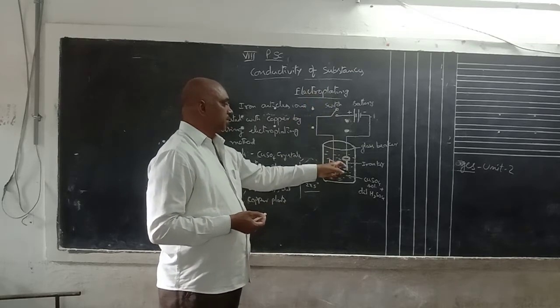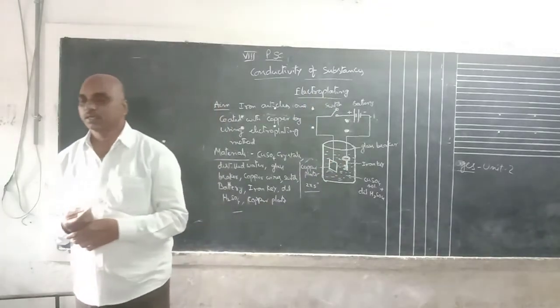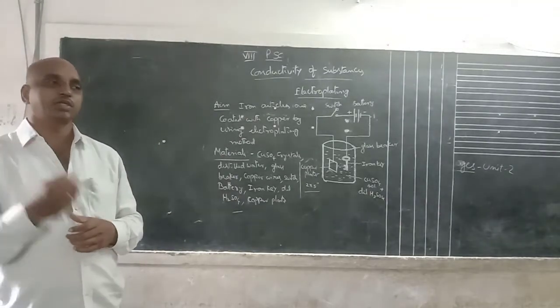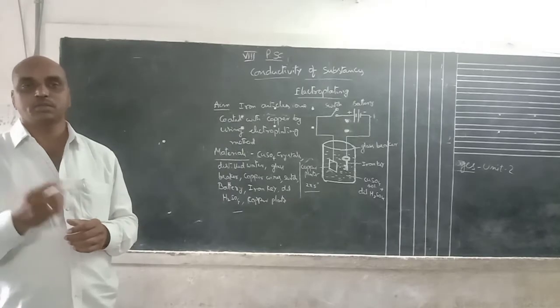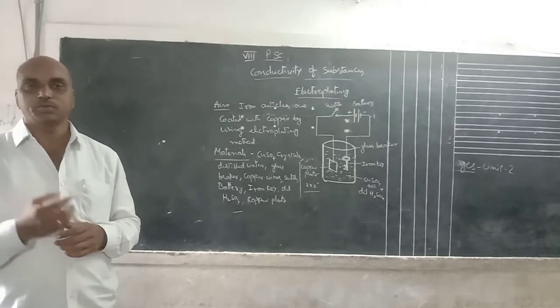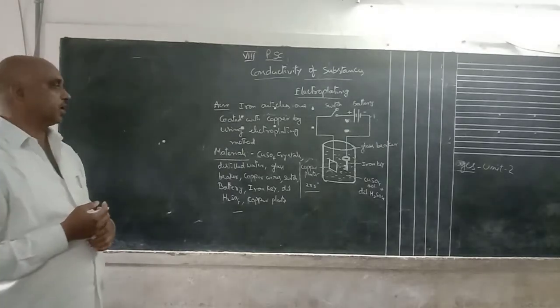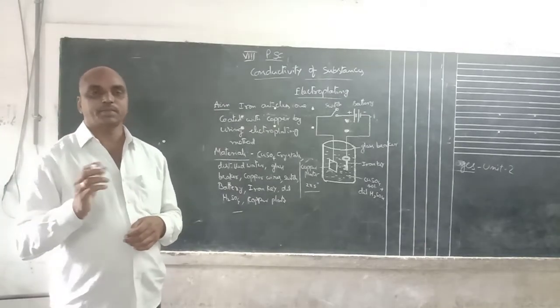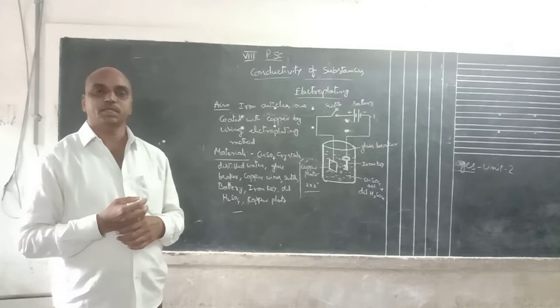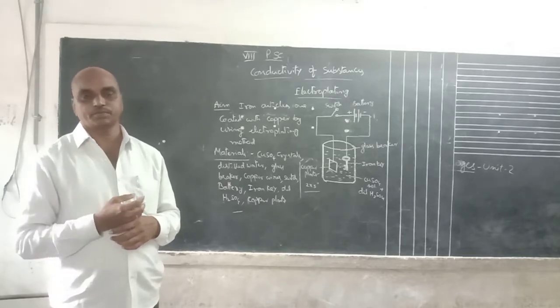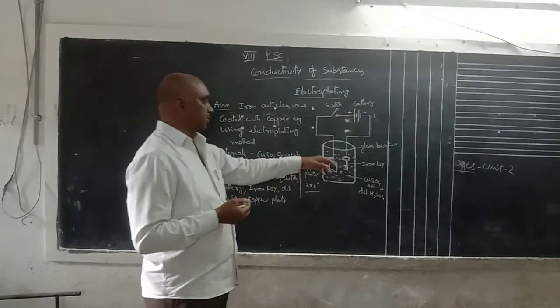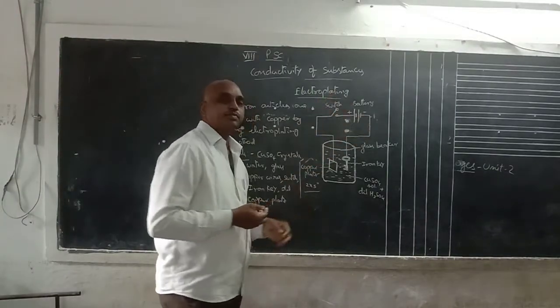And take an iron key. Generally, a new iron key has a very nice finish. It is lustrous and shining. But you take the iron key with a rough surface. Take sandpaper and rub it. Then the surface is rough. Take a rough surface iron key. This is hung to the battery negative.